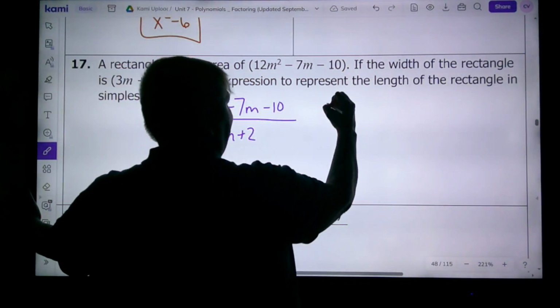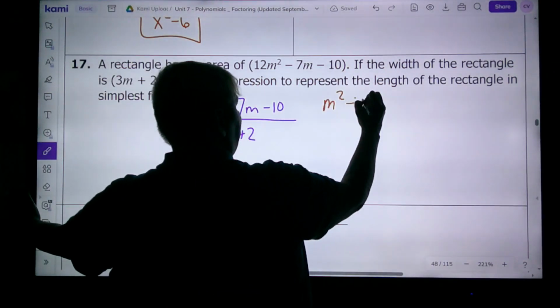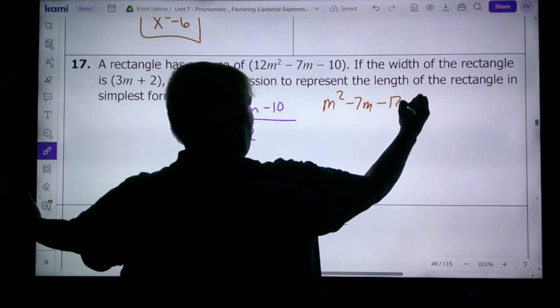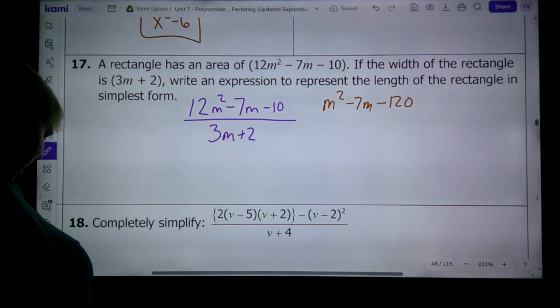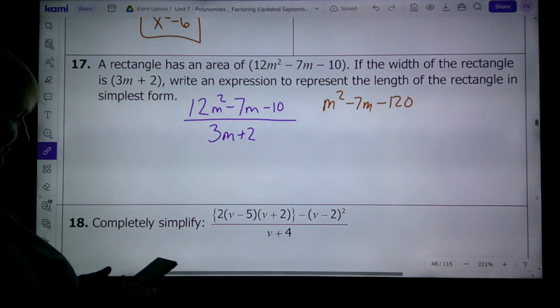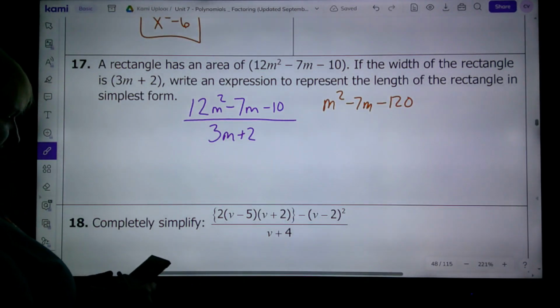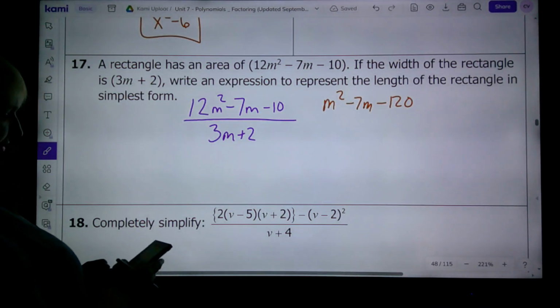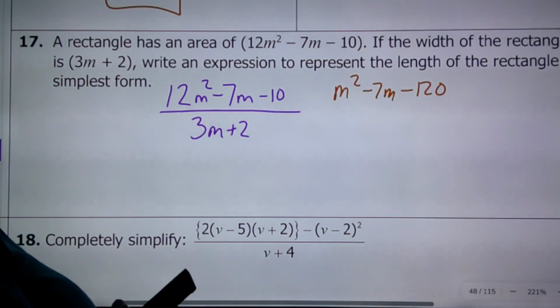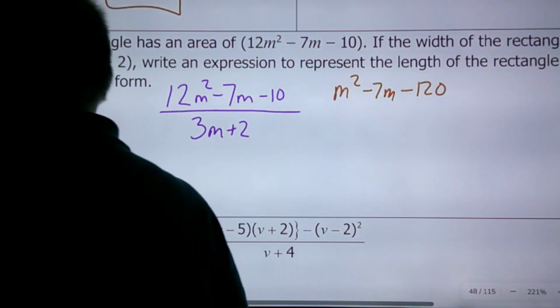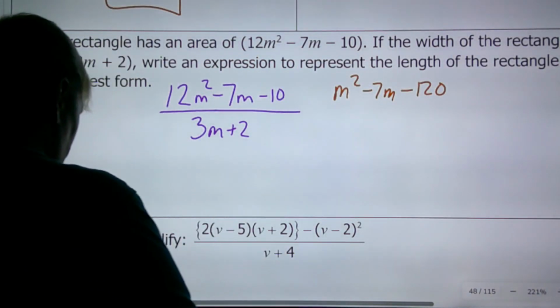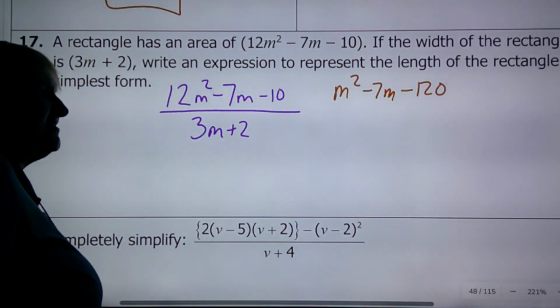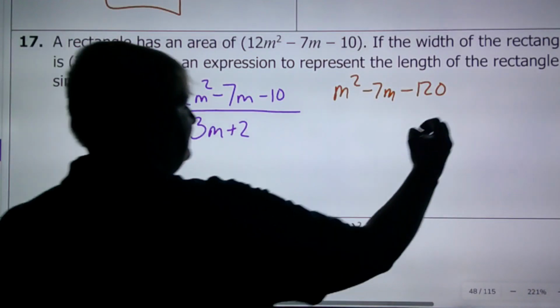Slip and slide. M squared minus 7m minus 120. Well, that's a big number. Let's see, what can give us 120 divided by 12? 12 and 10. That will only give us a 2. Minus 8. I was doing even numbers. No wonder. I don't know why I got stuck on even numbers, but 15 times 8